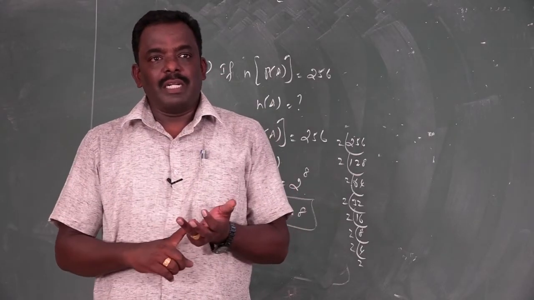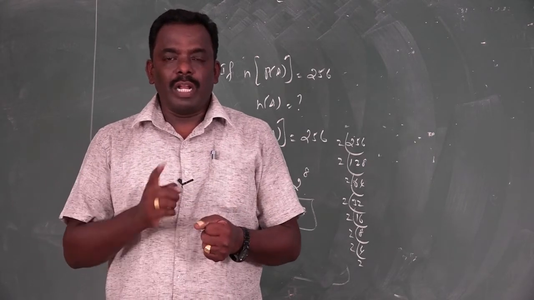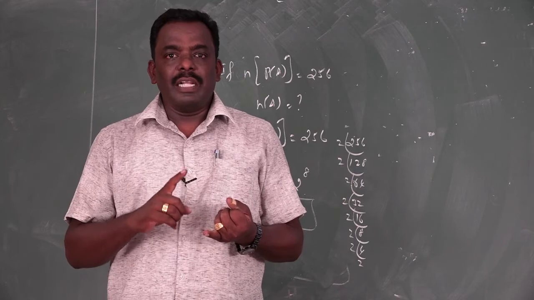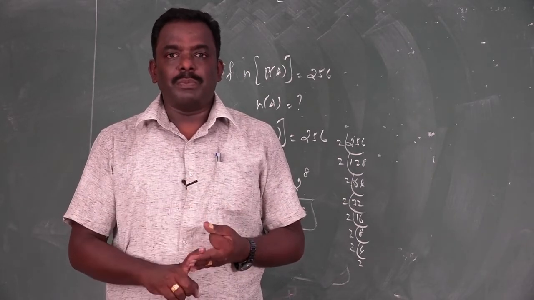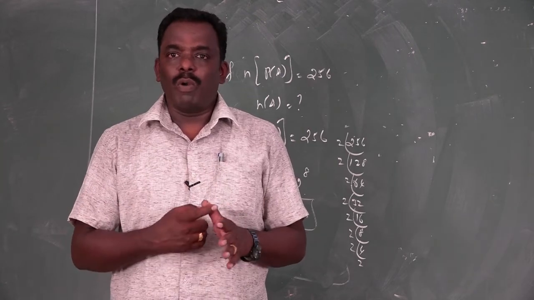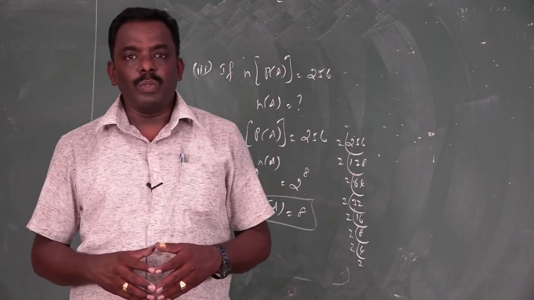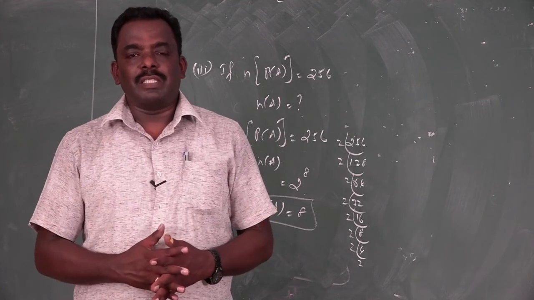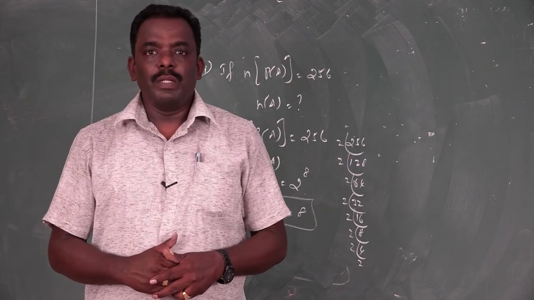First we covered empty set, singleton set, finite set, infinite set, cardinal number of a set, and then power set, subset of a set, proper subset, and disjoint set, overlapping set. This is contained in exercise number 1.2, and we discussed some of the sums in the exercise problems. Just try the remaining exercise problems as homework. Thank you one and all.